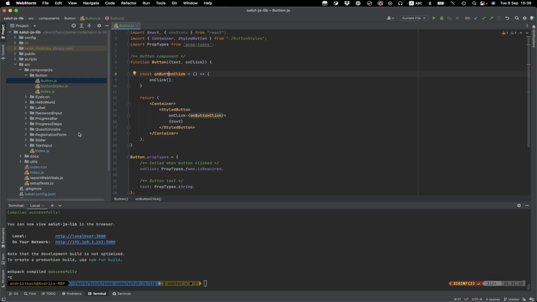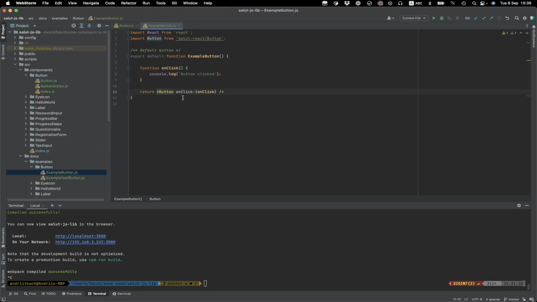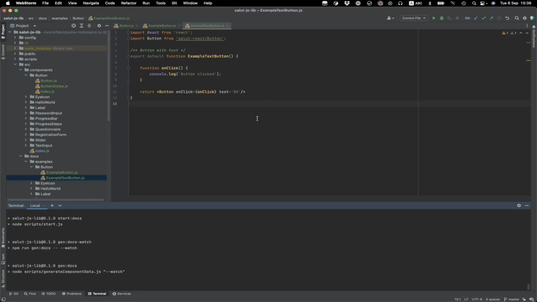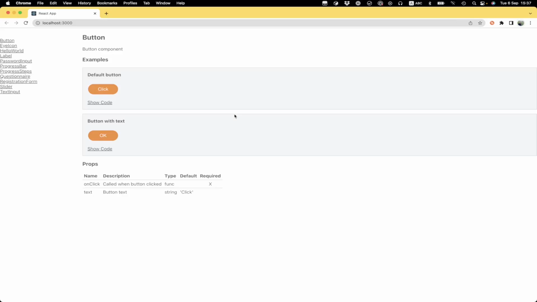But also as part of this workplace, we have examples of how to use these components. For example, here for a button component, I already created two examples. We import the button component from our Salut React library, and then just return it as JSX. I also show another use case where this button is used together with some additional properties like text. Now, if I start this application, it will run my own Salut developers sandbox,